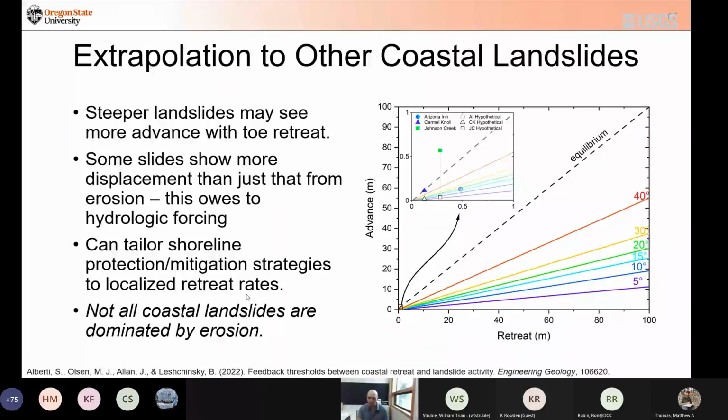We see steeper landslides tend to advance a little faster, and we can actually look at real retreat rates. So we look at 3 landslides, some that were available in the literature that have time history, some of which were observed by some USGS folks and DOGAMI folks, like Carmel Knoll and Johnson Creek. And we can compare this plot, which is purely advance from erosion, from lateral retreat, to the actual movement. So for Johnson Creek and Carmel Knoll, we see that the erosion-driven advance is much smaller than the actual advance observed. This suggests hydrologic forcing is much more important for the advance of these landslides,